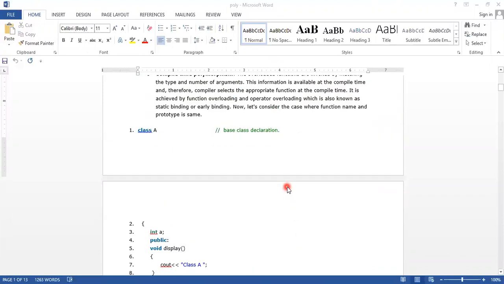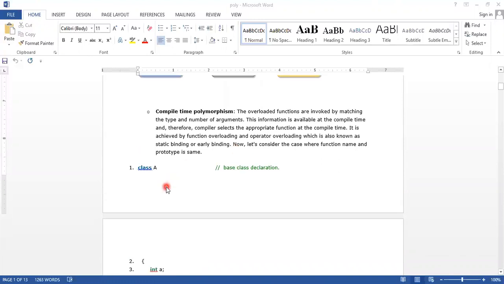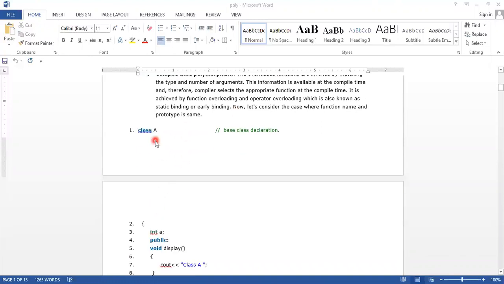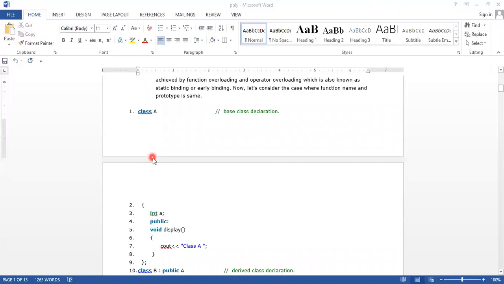So already we have seen operator and function overloading. Here we define a class A, with private int A and public display.